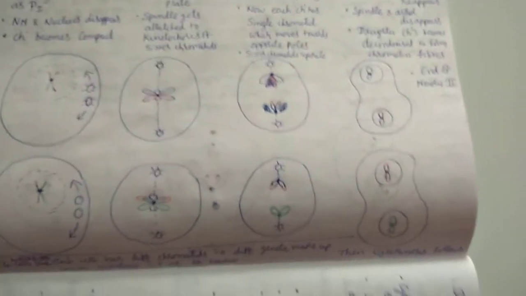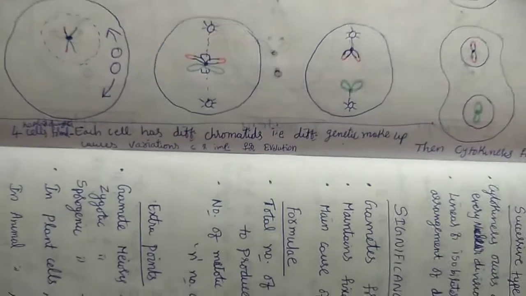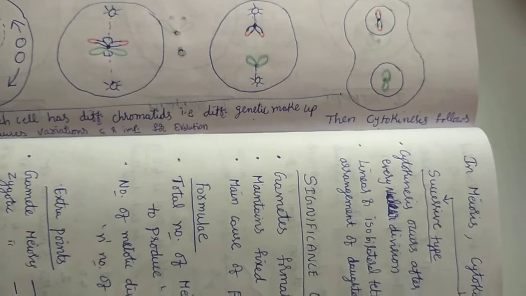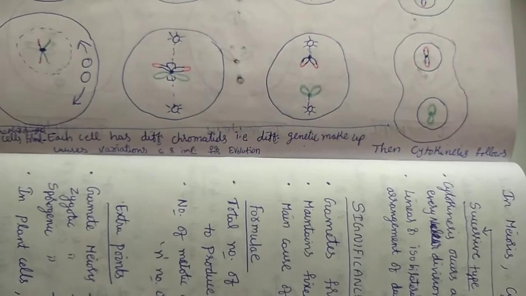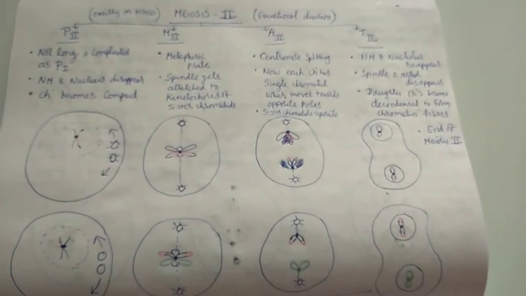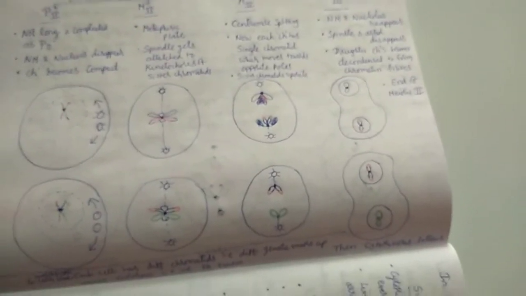I had given here. And if you see the 4 haploid cells, each cell will have different chromatids, which causes variations. That is important for evolution. This is related to the meiosis. So this is about meiosis 2, and